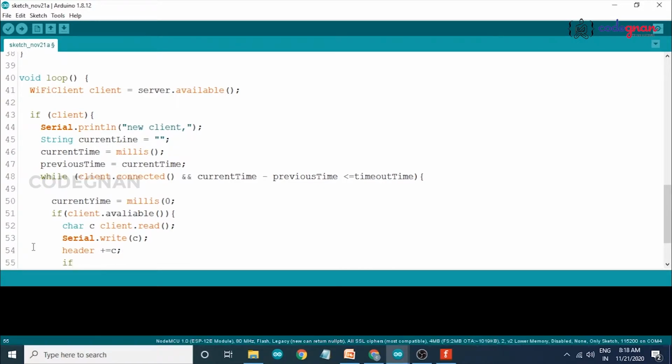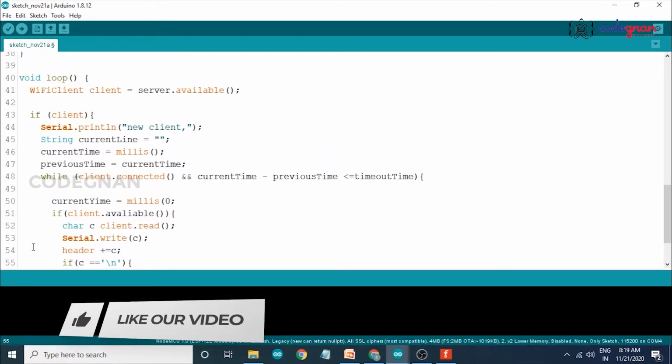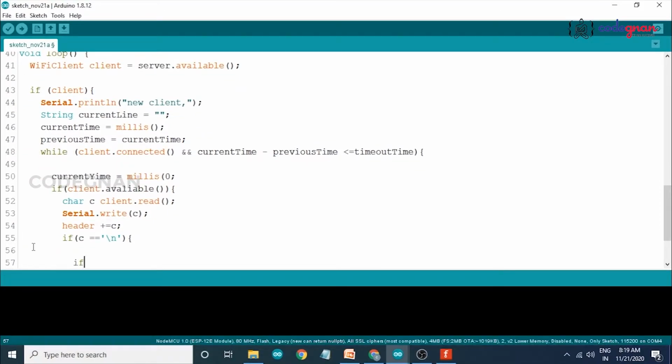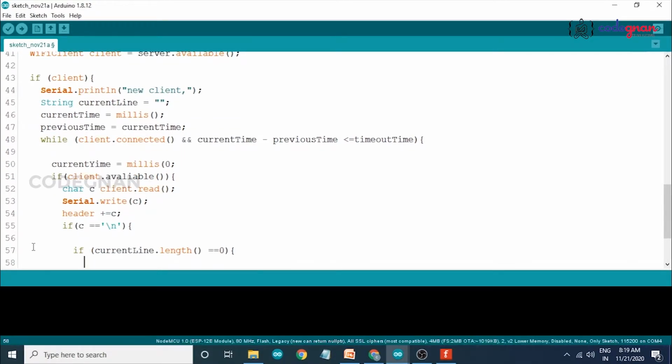and start our condition: if c equals to slash n. If the byte is a new line character, so that we have to start like this. And also in another loop, if currentLine dot length equals to 0, and open our braces,